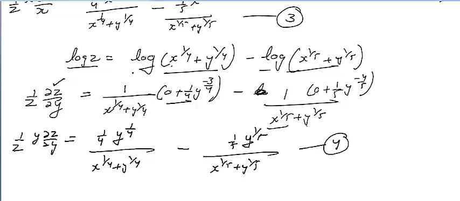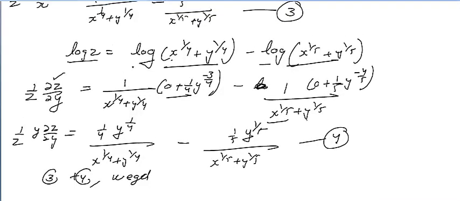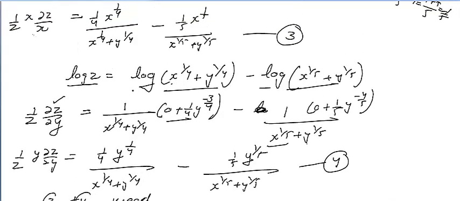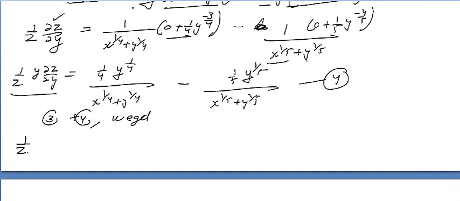So what we are going to do, I am going to add equation number 3 and 4. So what we will get, very interesting to see this step. So the left hand side of equation number 3 and 4, 1 by z will be common, so you will get x curl z by curl x and y curl z by curl y. This is another important way of differentiating by taking log.